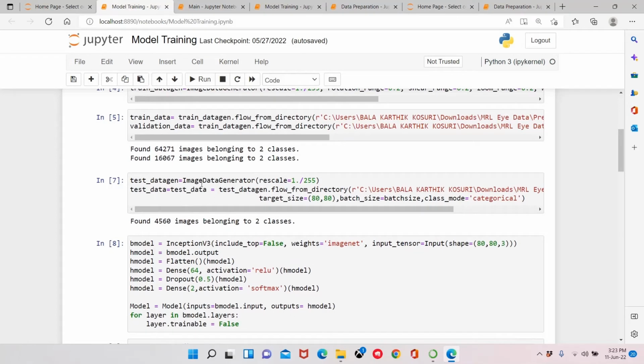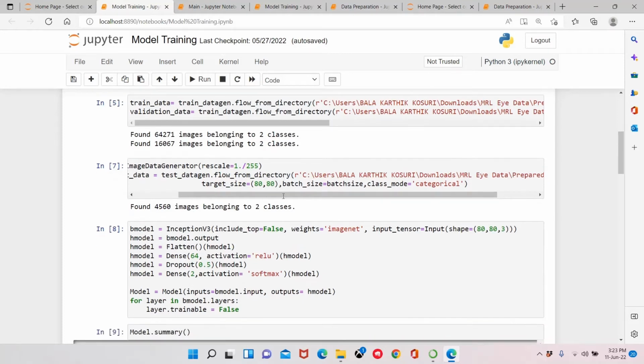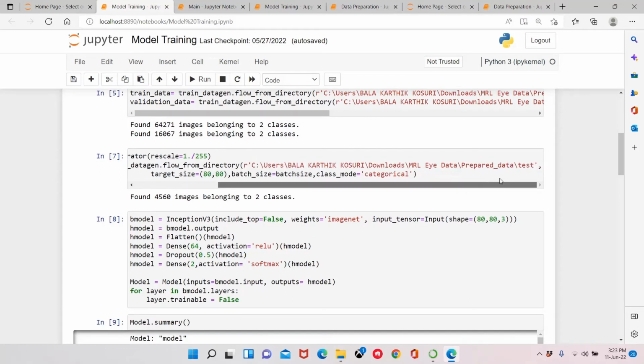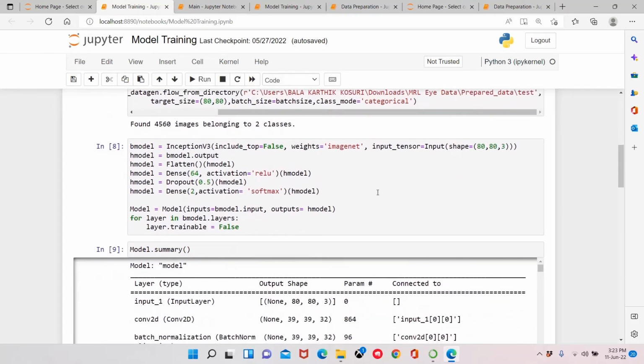For test data we have 4,500 plus images which belong to two classes, and the size of the images, length and breadth, is 80 by 80, and the class mode is categorical, and this data is stored in the test data folder. Now here we are using modeling.